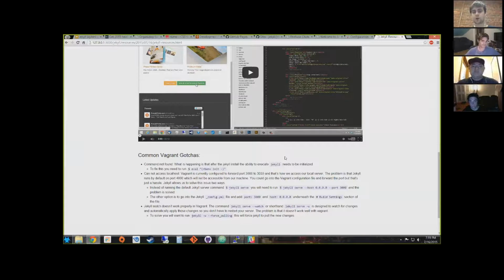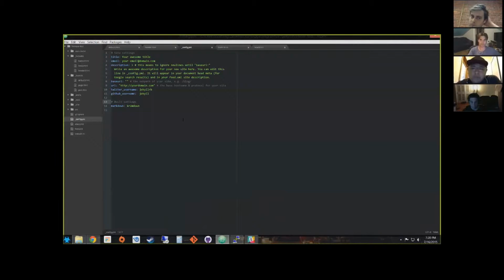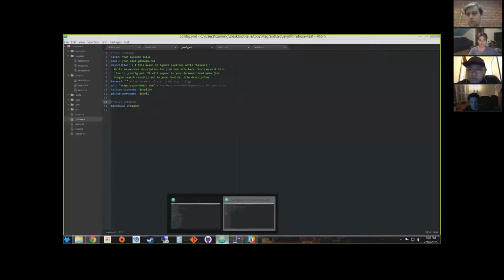So I have a question. Does Jekyll support theming, or do you have to build all the CSS stuff yourself? There are a ton of themes for it. I built out the CSS just because I wanted to learn it, but it uses Sass, so everything that we've been learning in the course, we basically can just transfer over,